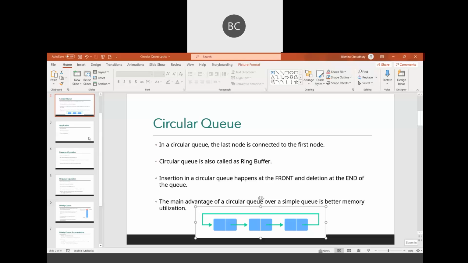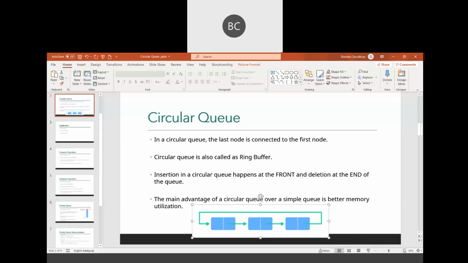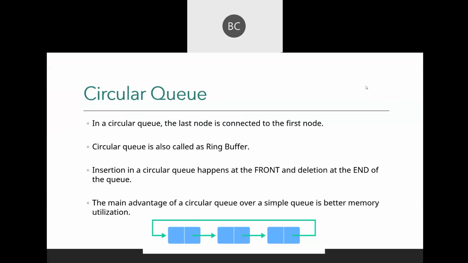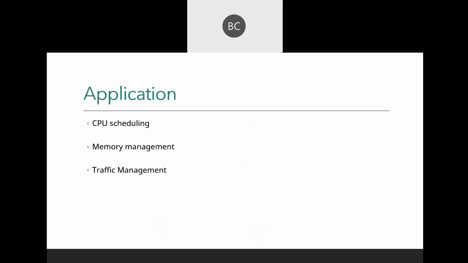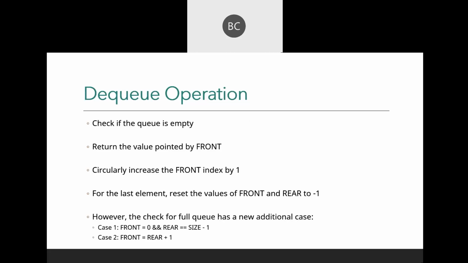So in the last class, we saw all the different types of queue. Today we will discuss a bit more about circular queue and its operations. So what is a circular queue? A circular queue is just like your normal queue, just that the last node is pointing to the first node of the queue, and therefore it is also known as the circular buffer. Okay. So in case of circular queue, it mainly